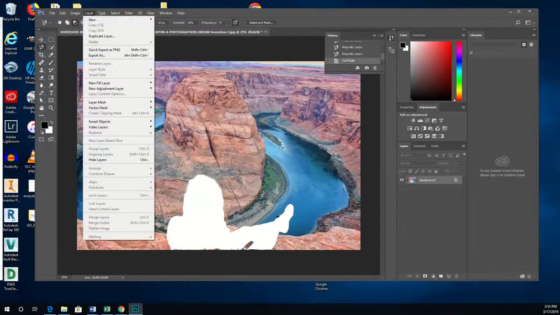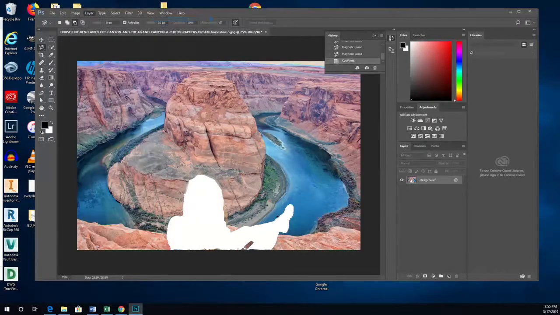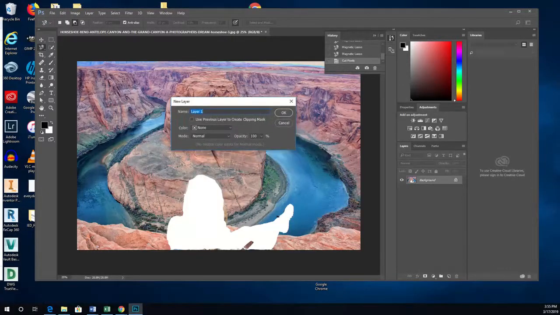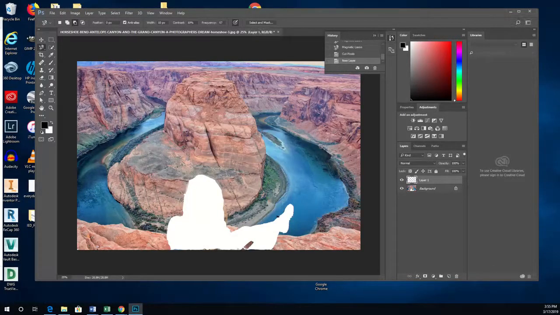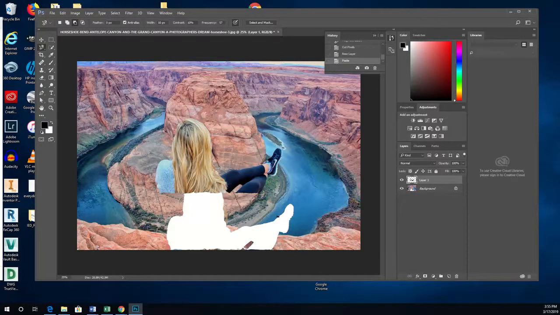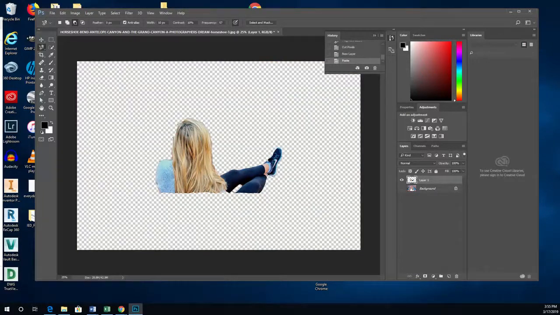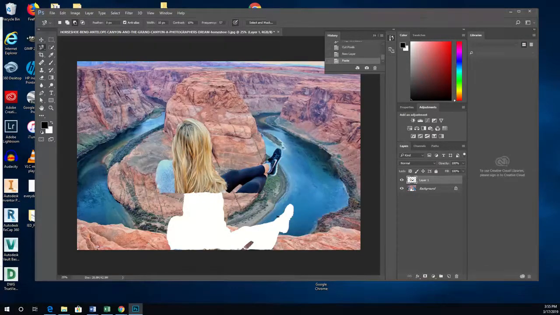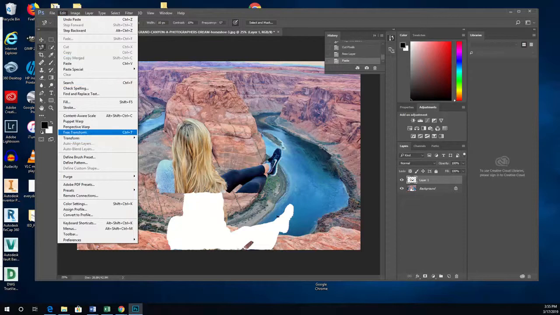I'm going to go Layer, New, Layer, and then this pops up over here, and I'm just going to hit OK. And I click on that layer and do Control V, and it puts her on the layer. Now, I don't like where she is on the layer because I'd like to put her back in her original position. If I turn that off, I can see, so the eyeball over here on the right turns them off and on. When I make sure that I'm on that layer, I should be able to go to Edit, Free